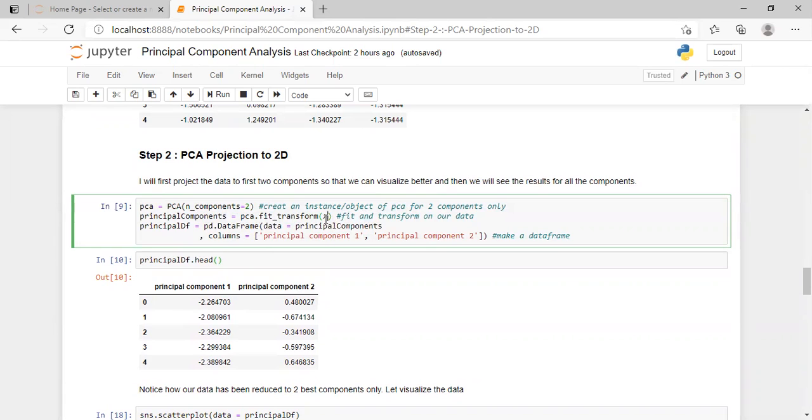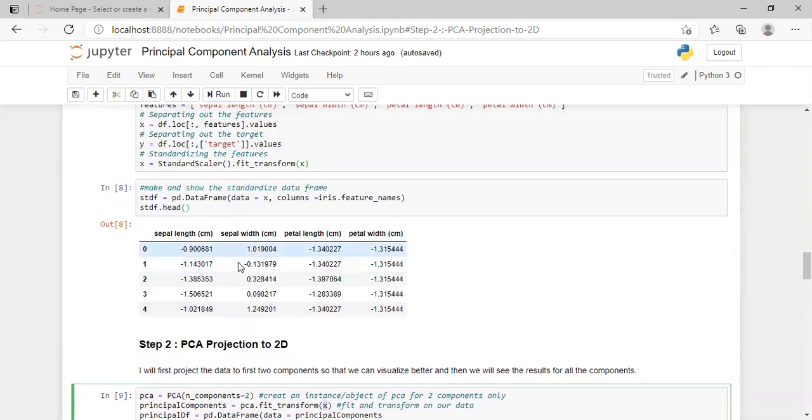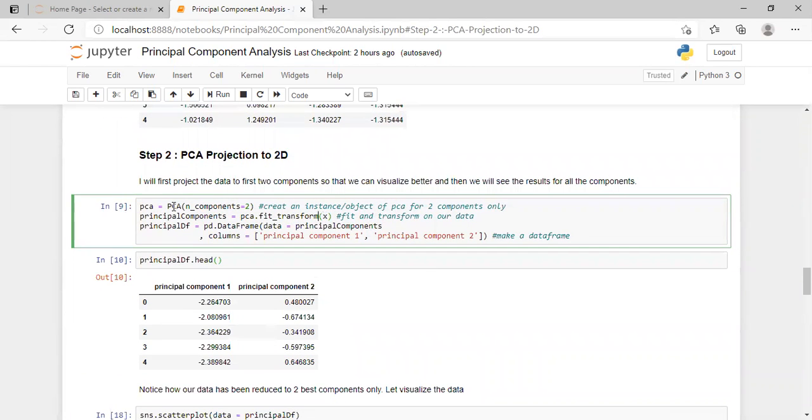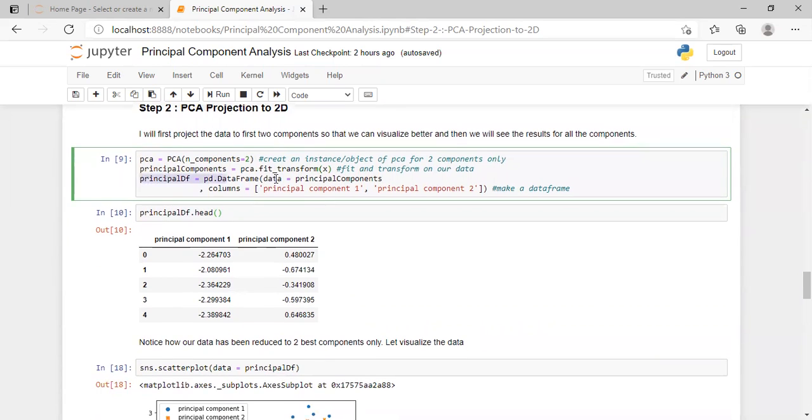So I'm passing this X, which is all of our standard scaled data, to the PCA. And then I'm making a data frame of all the principal components. As you can see, we have got 2 principal components over here, because we asked the PCA to return just 2 principal components to us.